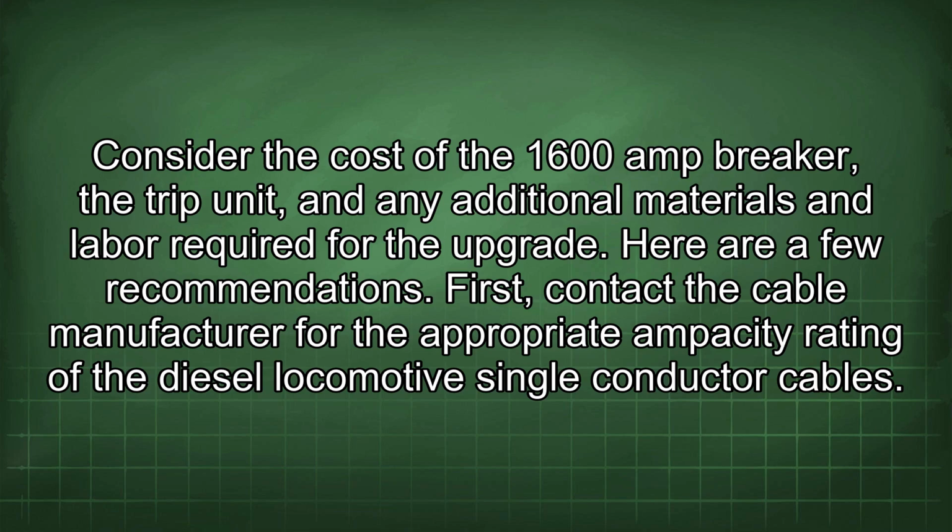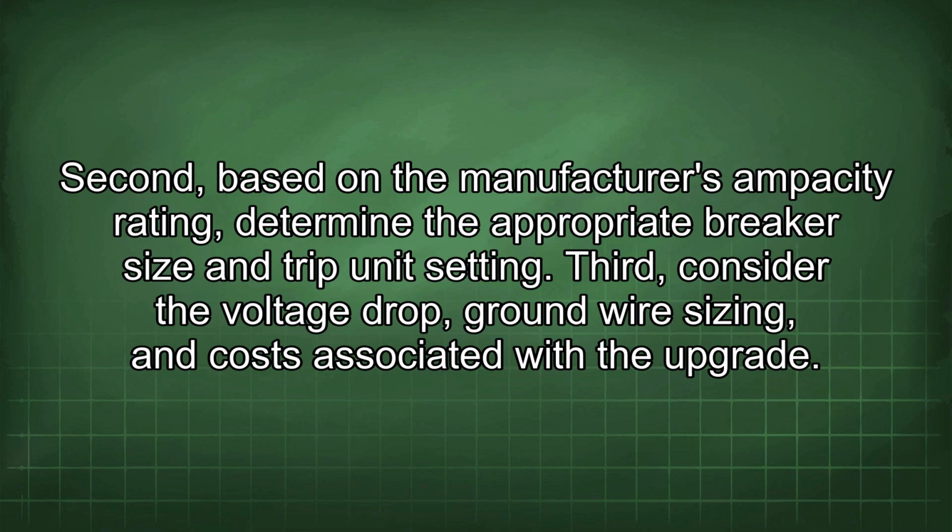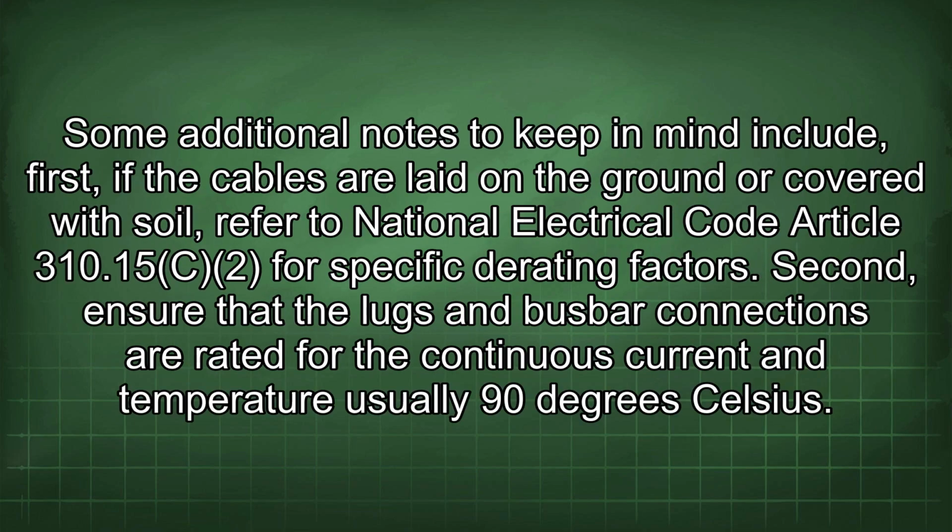First, contact the cable manufacturer for the appropriate ampacity rating of the diesel locomotive single conductor cables. Second, based on the manufacturer's ampacity rating, determine the appropriate breaker size and trip unit setting. Third, consider the voltage drop, ground wire sizing, and costs associated with the upgrade. Some additional notes to keep in mind include: first, if the cables are laid on the ground or covered with